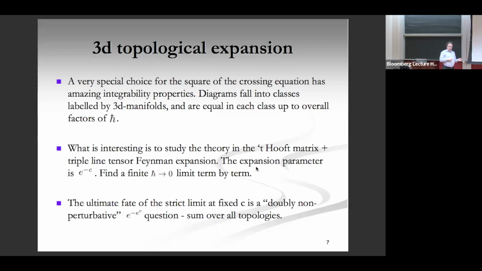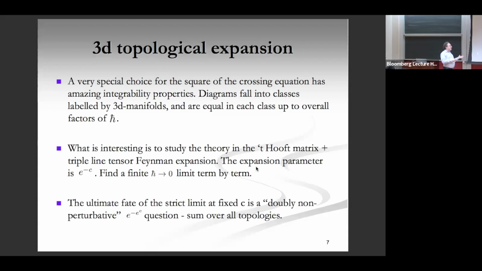If you pick a given term in the e to the minus c expansion, why is it e to the minus c? Well, it's going to turn out that the terms in the potential involve e to the minus c, and the spectral density involves an e to the c. So the genus counting parameter of the matrix expansion is e to the minus c. The same thing will come from the tensor diagrams, but it won't be only integer powers of e to the minus c that appear. It's more complicated than that. But it's some kind of power expansion. And if you look at the coefficient of a specific term, it's finite as h bar goes to 0. Maybe a natural conjecture is that they're all 1, although I don't know how to prove this conjecture, but that would be the conjecture.